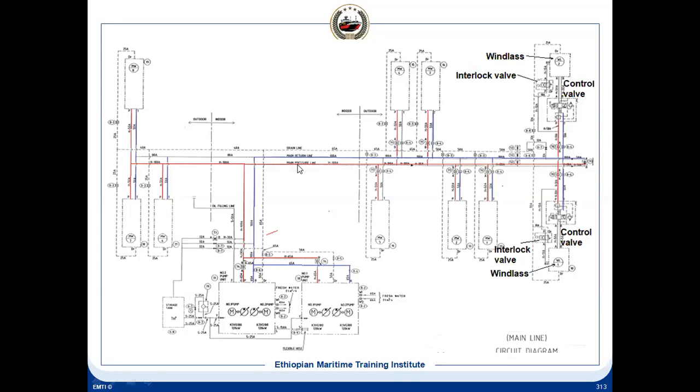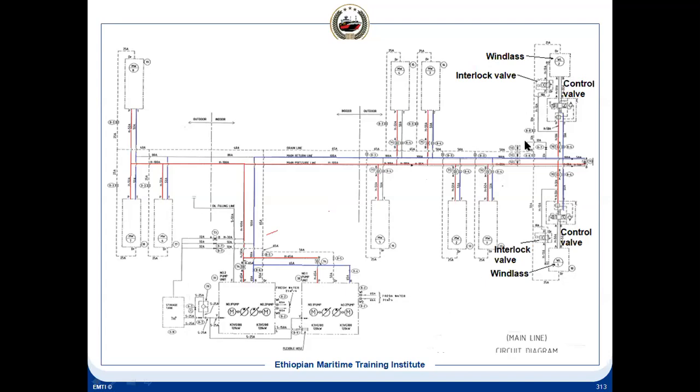Here is the same system, from fore and aft. In this case, there is a common power pack for fore and aft. So there is an anchor windlass and the mooring winch here, and then the large vessel will also have mooring winches in between. These are the mooring winches, and this is the aft mooring winch. Because the length is more, you need breast lines and all. That's why we have a greater number of mooring winches.